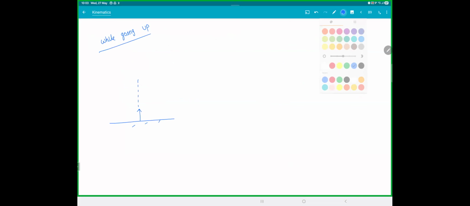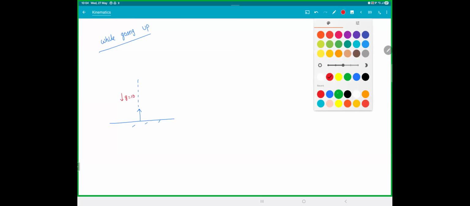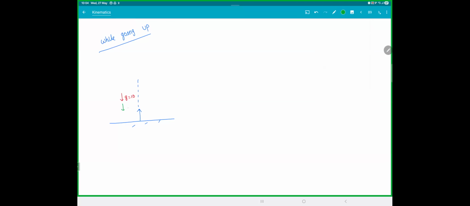So what will happen? The gravity g will be downward. That is always down. g is 10. Your air resistance is also downward, which is extra 2. So when the particle is going up, the net gravity, we can call this g effective,